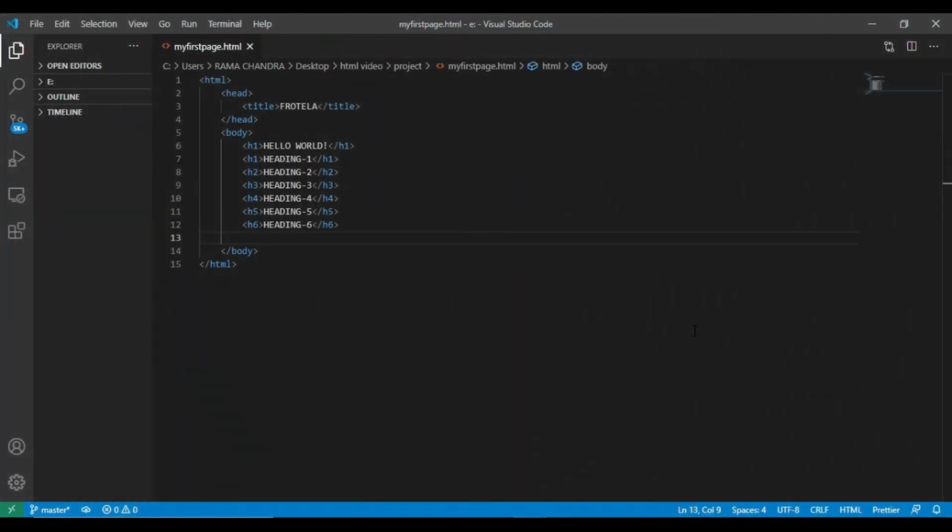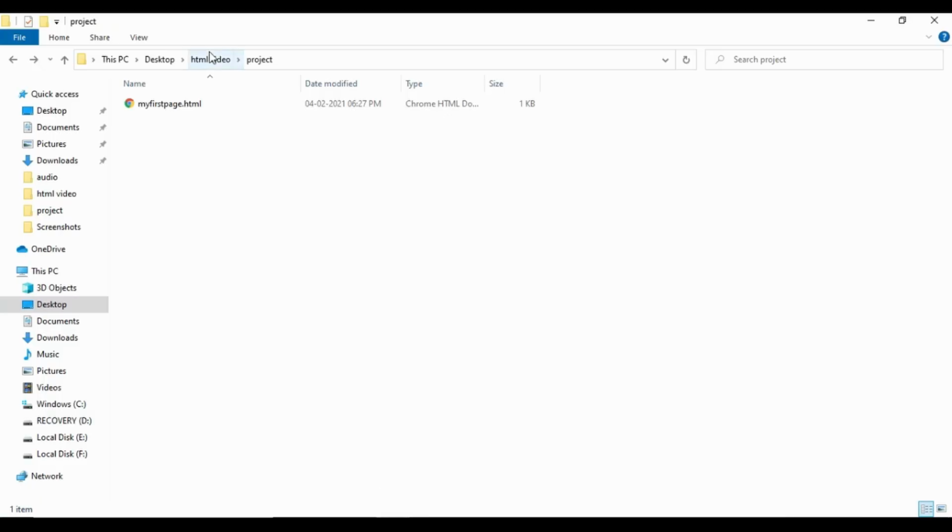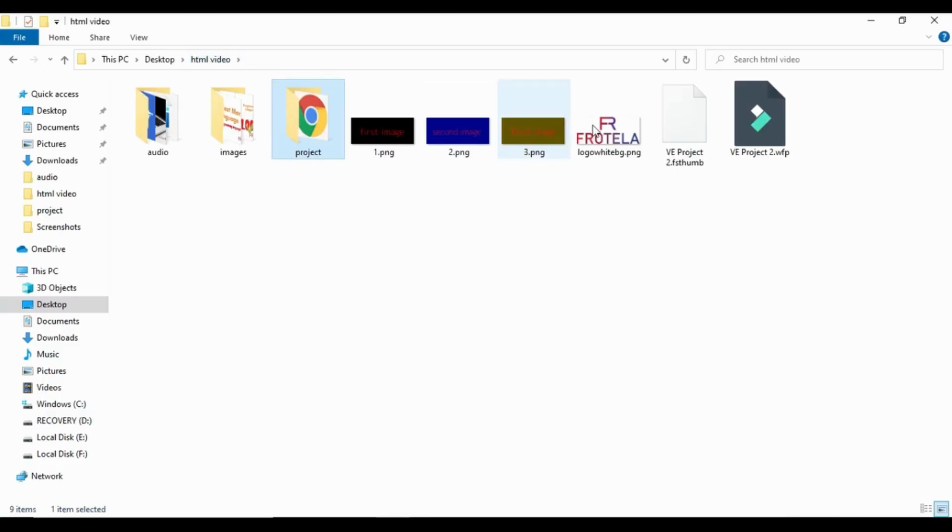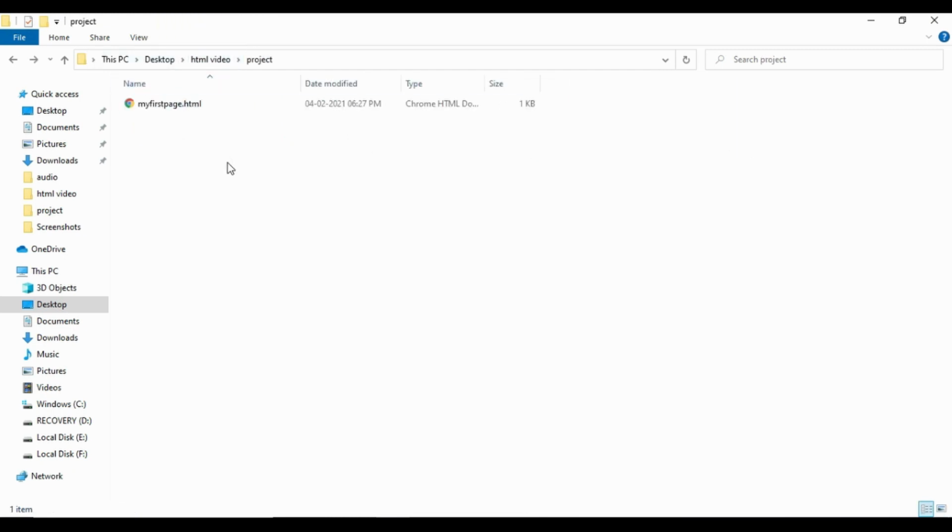Now let's add an image to our web page. First of all, let's add an image to the file directory in which we have the HTML file. Let me take this image and add it in this directory.